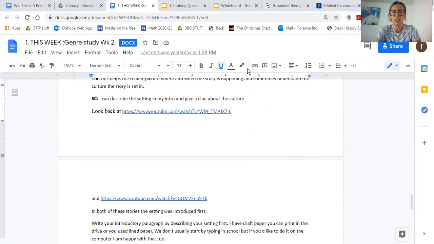Usually whenever we do drafts, it has to be handwritten in school, particularly because we'll be working on it over a week or 2 and we go back to it to change it. But because we're in remote learning and because time is an issue for a lot of things, if you are starting to draft it on the computer, this time only, I will be fine with that.